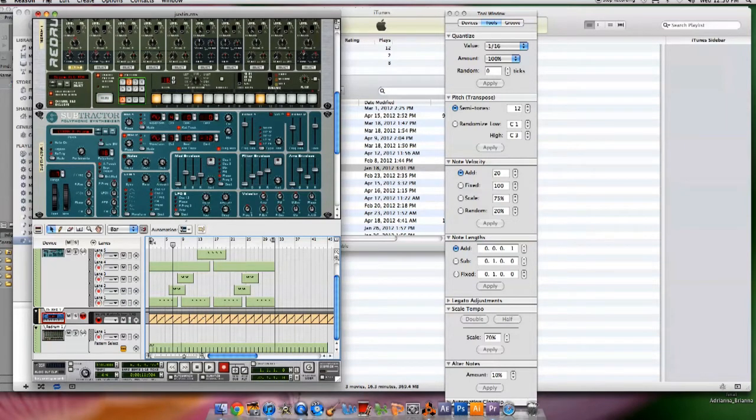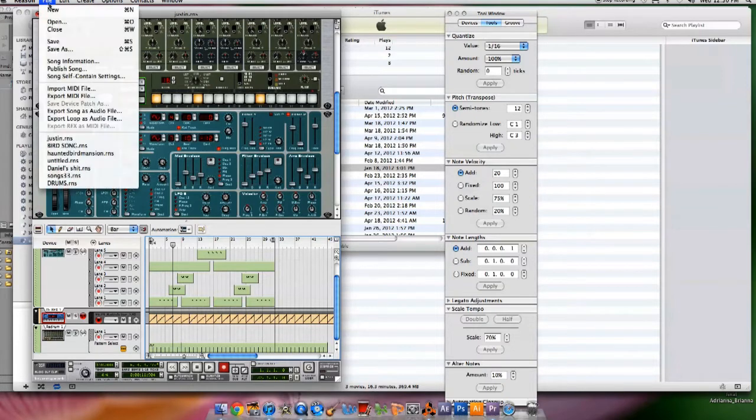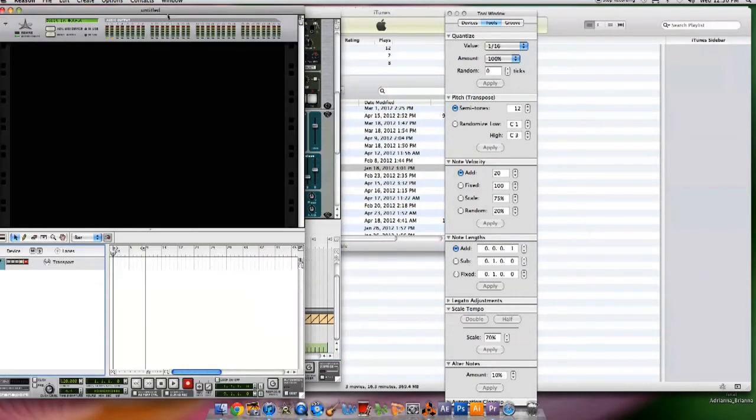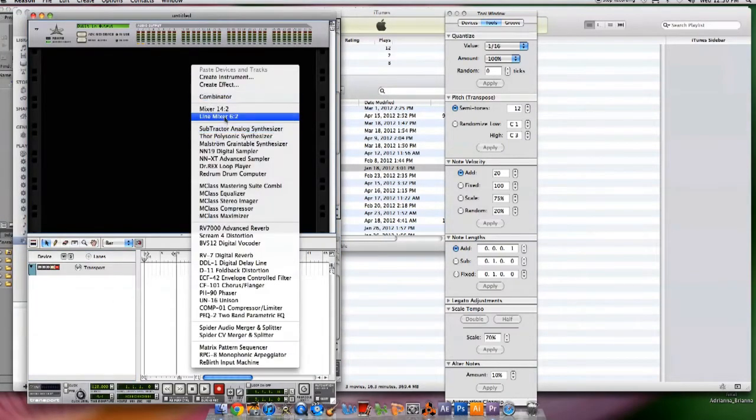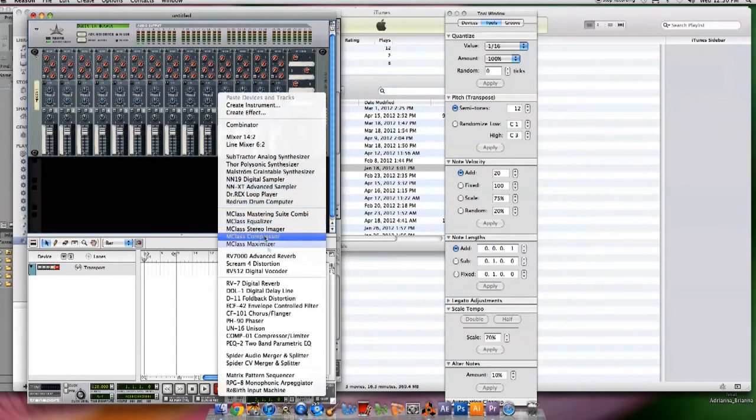So now I'll show you how I varied the beat so it doesn't just stay all the same, so it has a little bit of variation in it. So we're going to create a new Reason file. First we're going to create our mixer, then we're going to create our Dr. Rex looper,